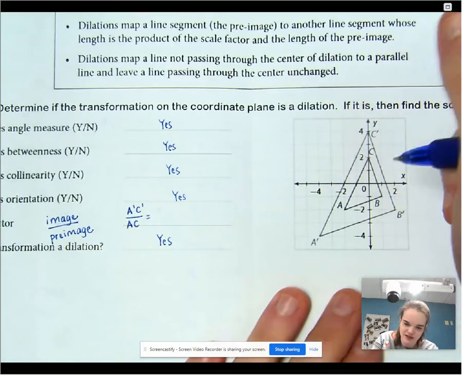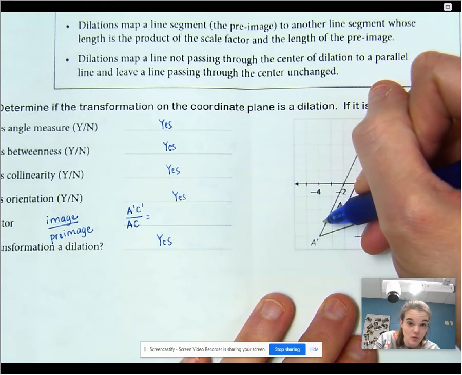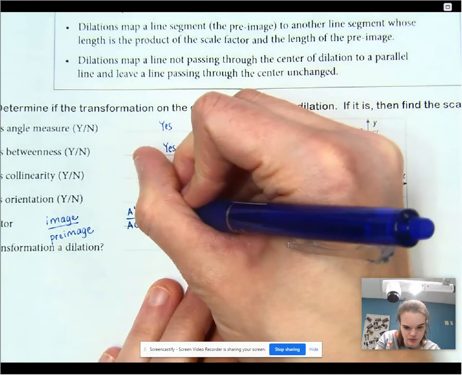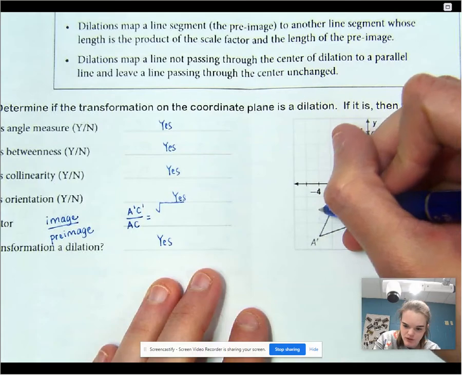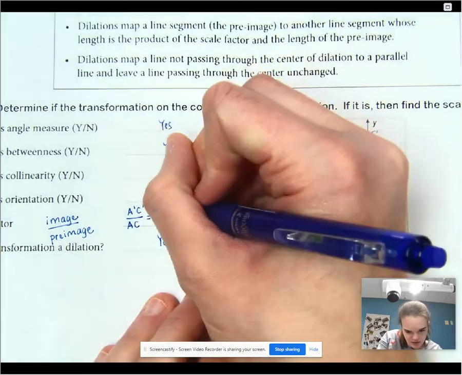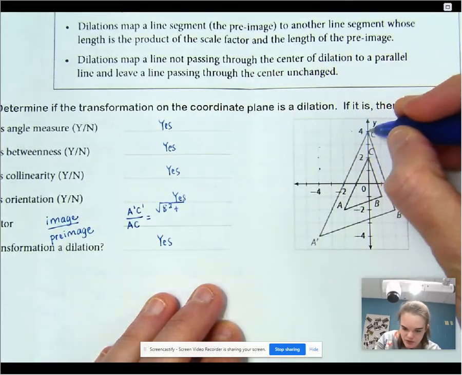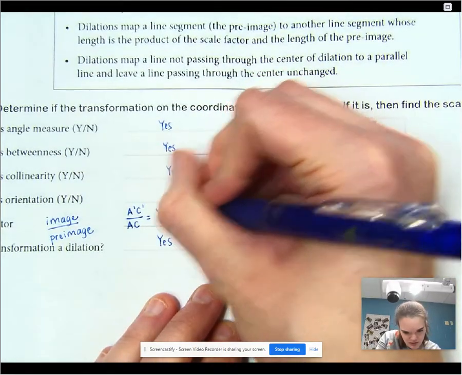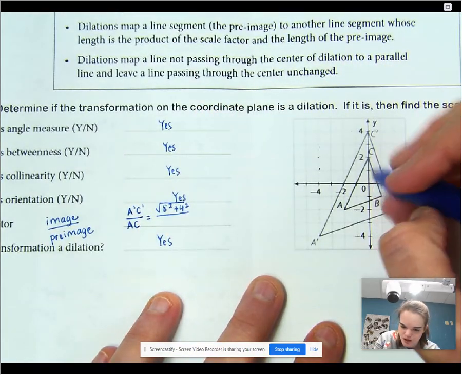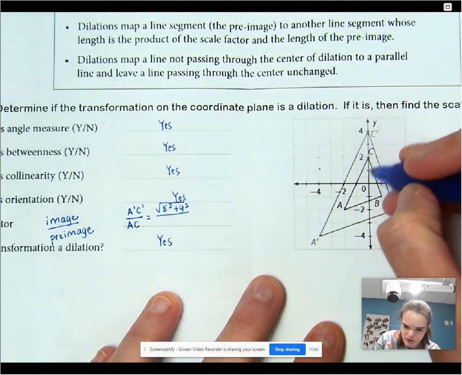We need to find A prime C prime, and we're using the distance formula or the Pythagorean theorem shortcut, which is the square root of 8 squared plus 4 squared, divided by AC, the square root of 4 squared